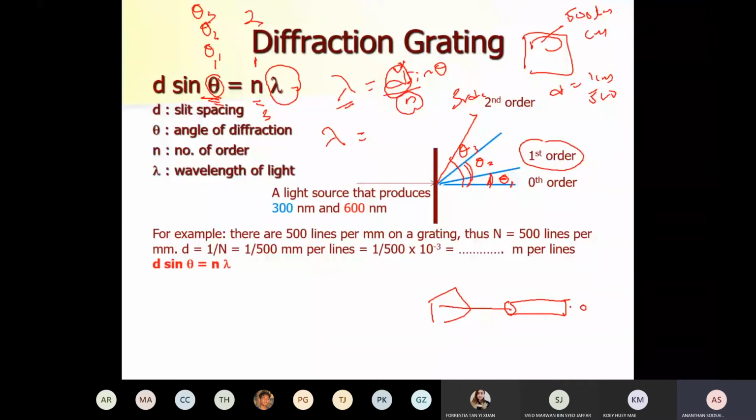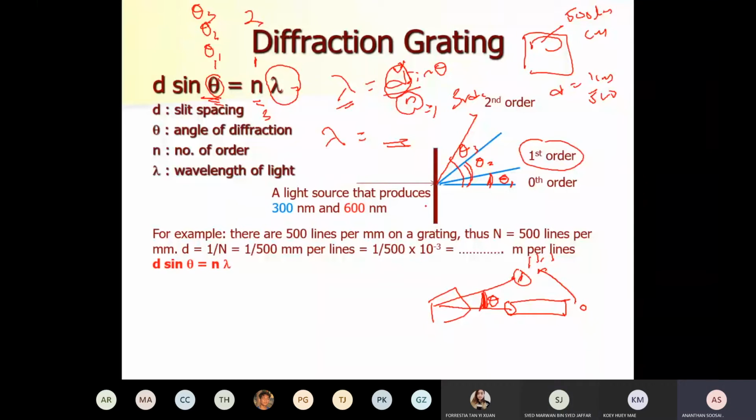That's your zero order. When you turn it to the right, the first time you see a bright spot, that's your first order. So you measure the angle. The n you put is 1, and the theta is the angle you measured using the spectrometer. With the spectrometer placed here, you can calculate the wavelength. The wavelength calculation is quite accurate using a diffraction grating,